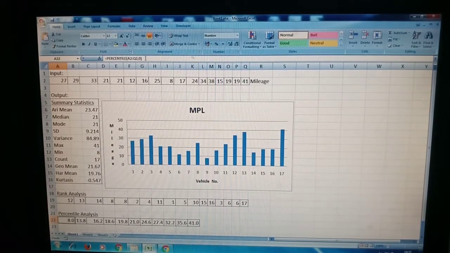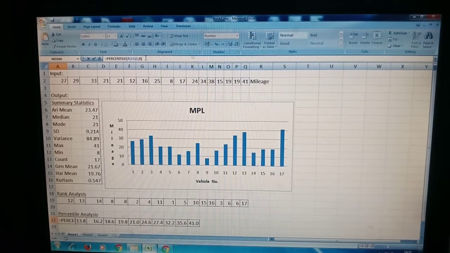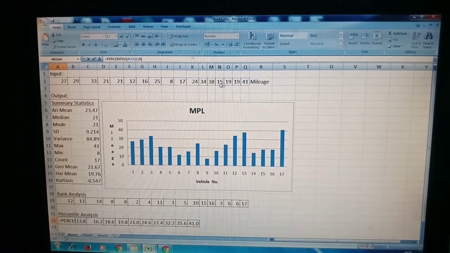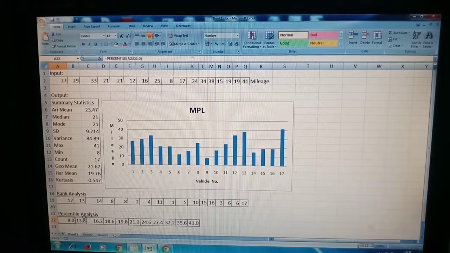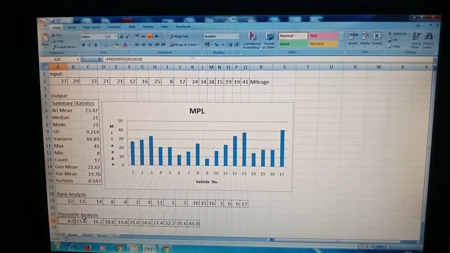So the function I used here is PERCENTILE of the input values A2 to Q2, with 0 first. If you type that function, you are getting the answer here. You copy the formula to the remaining cells.